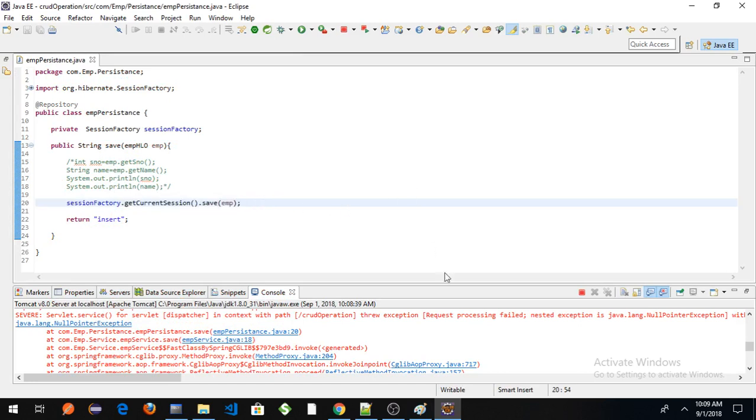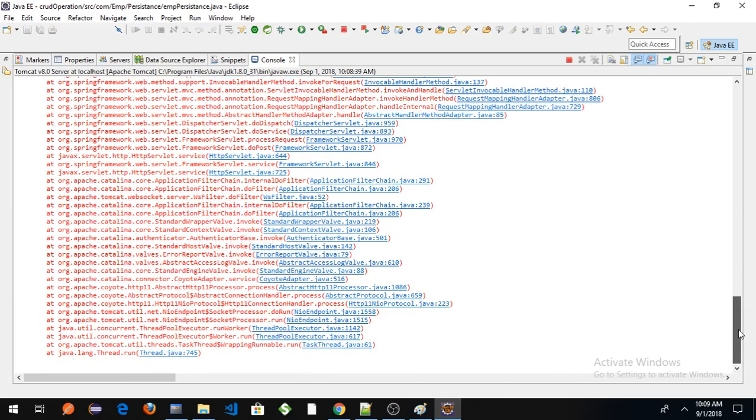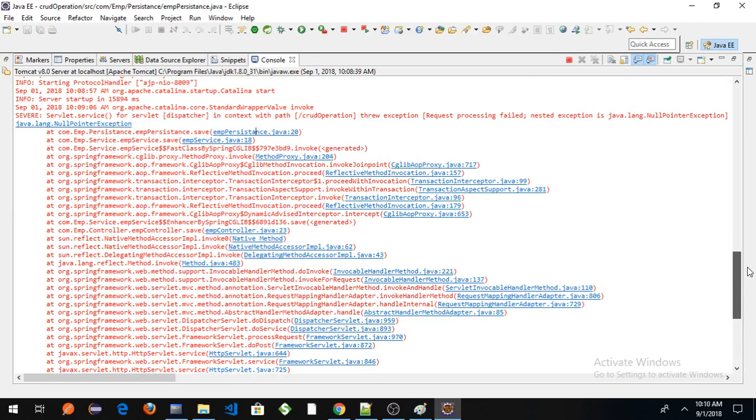Oh, it is telling that this save method is getting the null pointer exception. So the object it is not taking directly, which is why we are getting the null pointer exception. Then actually we can send the object directly here, no problem. We are getting the values there, but